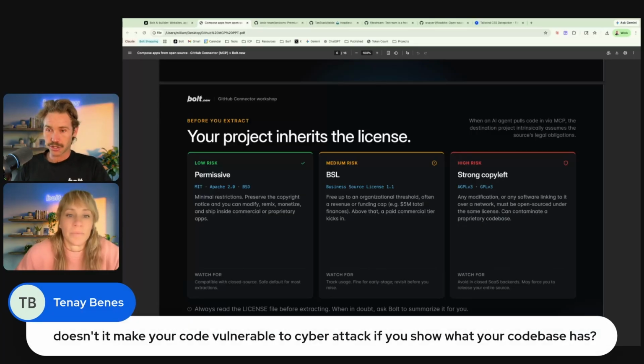Yeah, good question. So to answer that first one tonight: doesn't it make your code vulnerable to cyber attack if you show what your code base has? Very good question. The answer is, if you've set up the right security policies, then no. For example, there's a whole variety of open source projects out there. For example, you may have heard of OpenClaw. That's probably the most popular GitHub repository of all time by now. That's completely open source. So they show all the source code. But